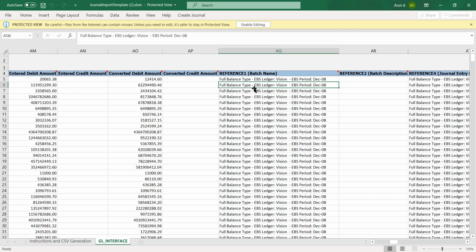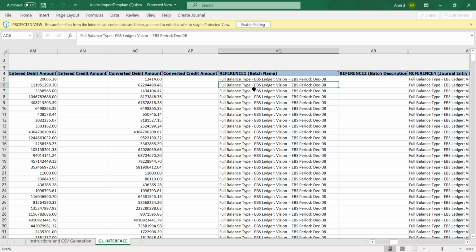Let's say I wanted to differentiate based on the period. So I will enter maybe once in a month, I'll use once in a month FBDI processing. For example, for the rent payment, I will say rent and then underscore and the period. So you can give whatever name you want. Yes, correct.